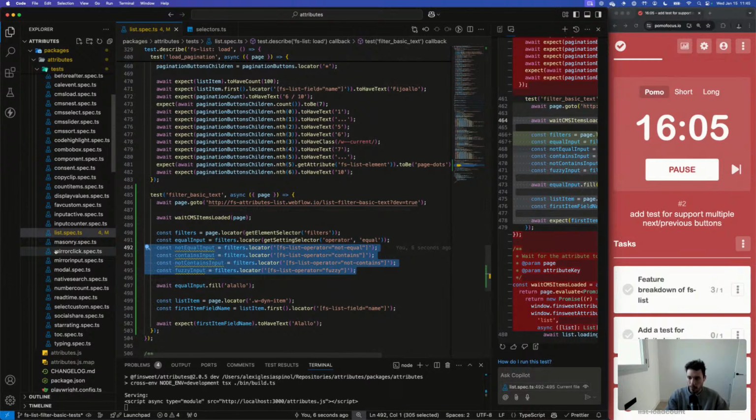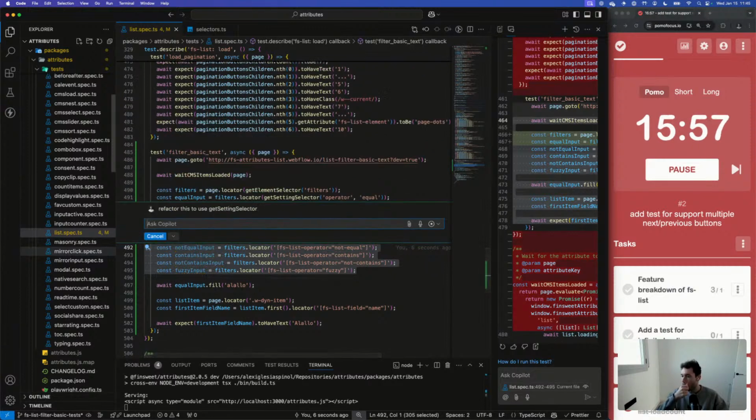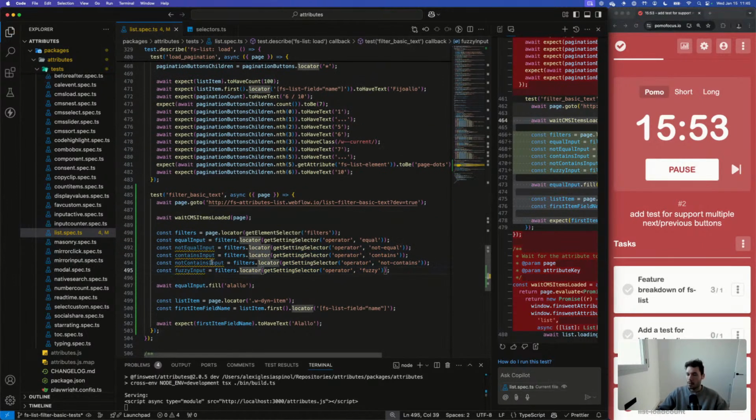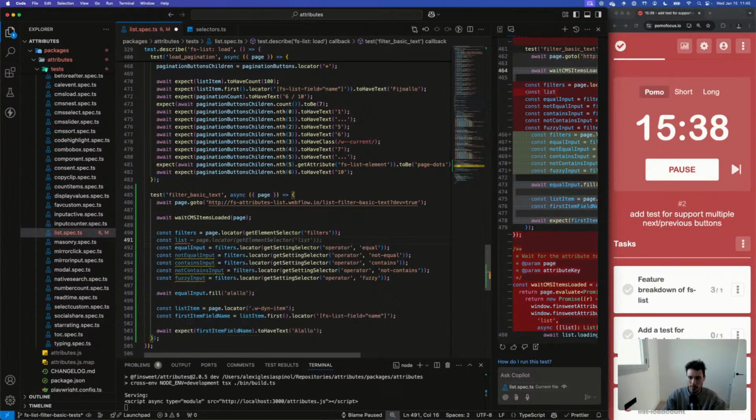So then refactor this to use get settings selector. Nice. Okay, so we got the elements, and then we fill allo, and then we check for the 10 items. We should look for the list. Const list. Yeah, and look inside the list.